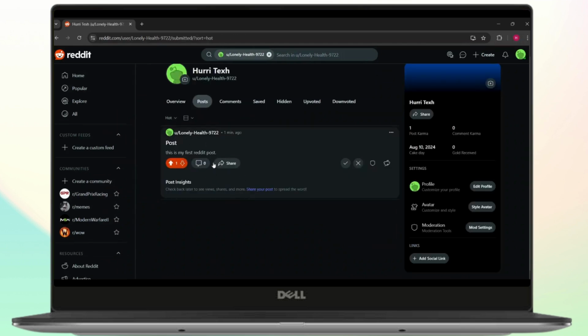And here you can see the post is now uploaded, and that's how you can easily create a Reddit post